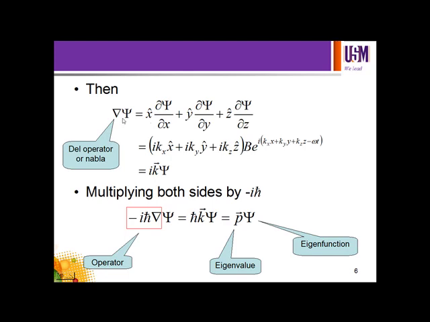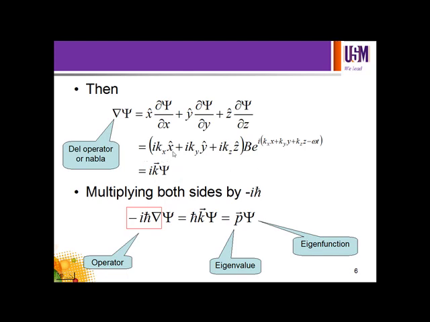So del or nabla psi equals unit vector x delta psi per delta x plus unit vector y delta psi per delta y, and so on and so forth. So we put in the values of our partial differentiation just now with respect to x and so on, and then we have this relationship,